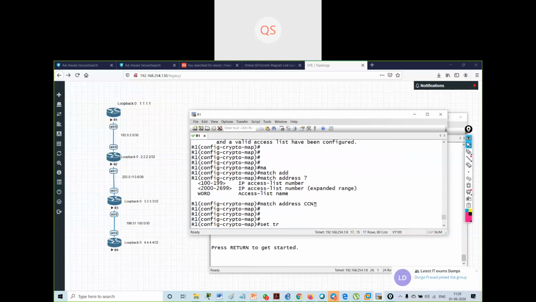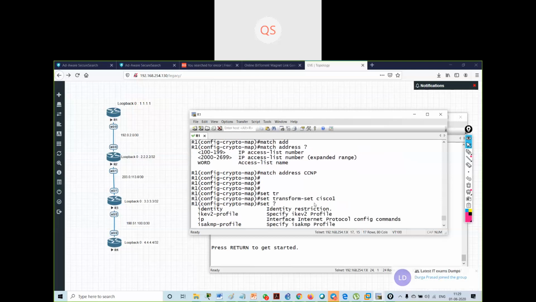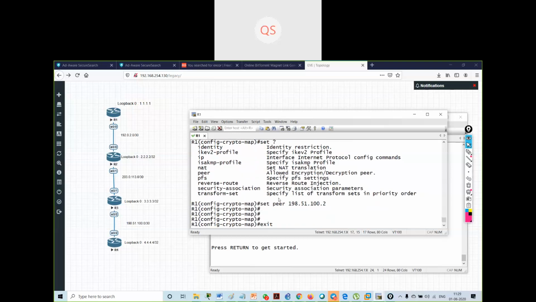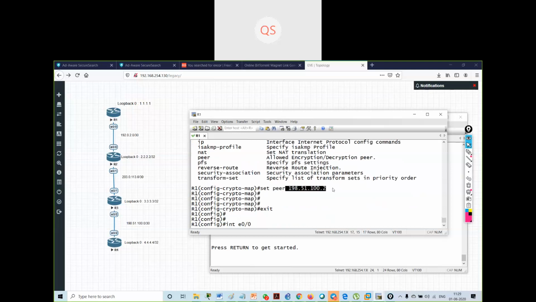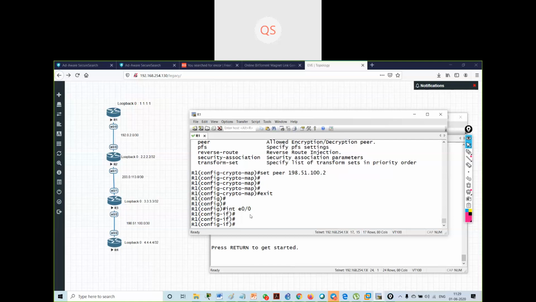So I have created an access list. I have set permit any. Then I have set the transform set. What is my transform set name? Cisco1. Then I have set the peer IP address, the neighbor's IP address. Then now I will implement all these things on the interface.